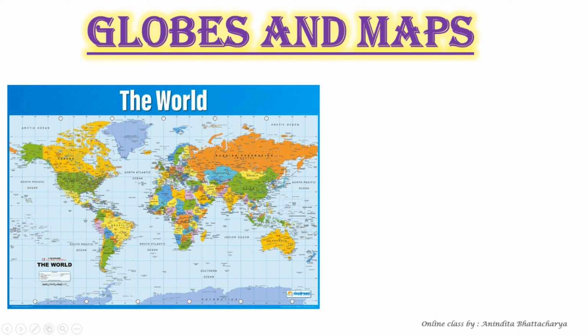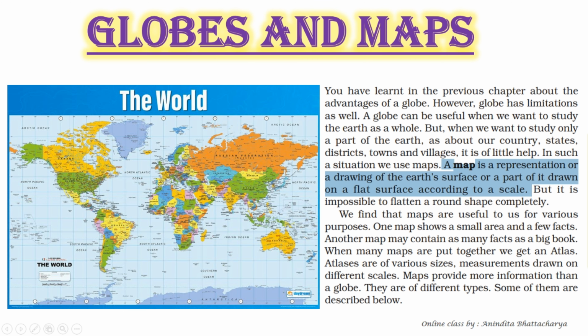So the question is, what is the definition of maps? A map is a geographical representation or a drawing of the earth's surface or a part of it, drawn on a flat surface according to scale. It has wonderful tools that help us learn about our street, city or country we live in and many more things. If you have a current map, you can always find where you are at the present moment.